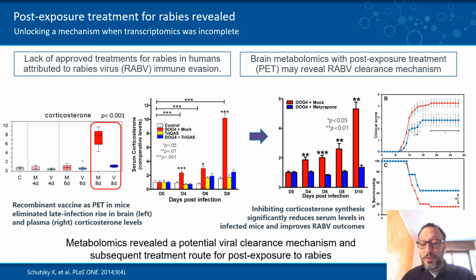As I said, this brief presentation aimed to highlight the possibility to identify biomarkers of disease progression, such as corticosterone, and these can be translated into druggable targets, as we see here with the use of metyrapone, an inhibitor of corticosterone synthesis. So, as I said before, I hope this small, brief presentation can provide you with some insights